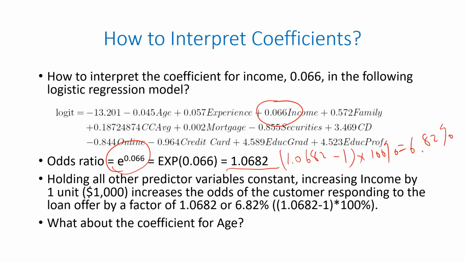However, keep in mind that this does not translate to a 6.82% increase in probability, as odds and probability are not proportional to each other. So what about the coefficient for the age variable, which is negative 0.045? The odds ratio can be computed as e raised to the power of negative 0.045. And if you compute it in Excel, you will get